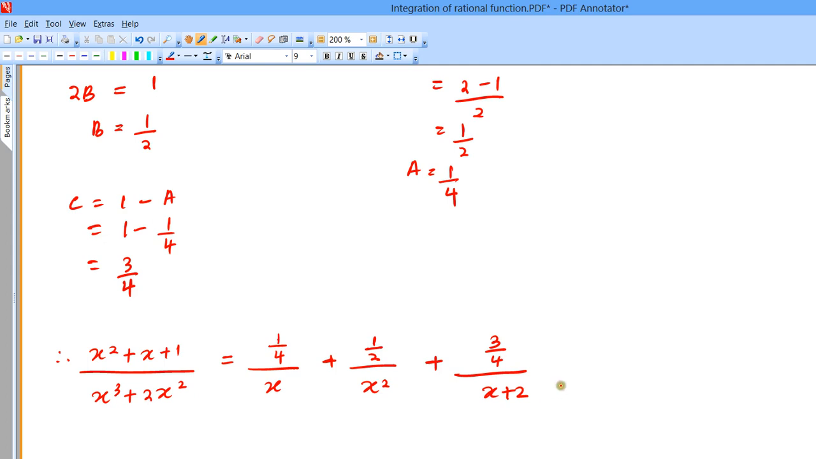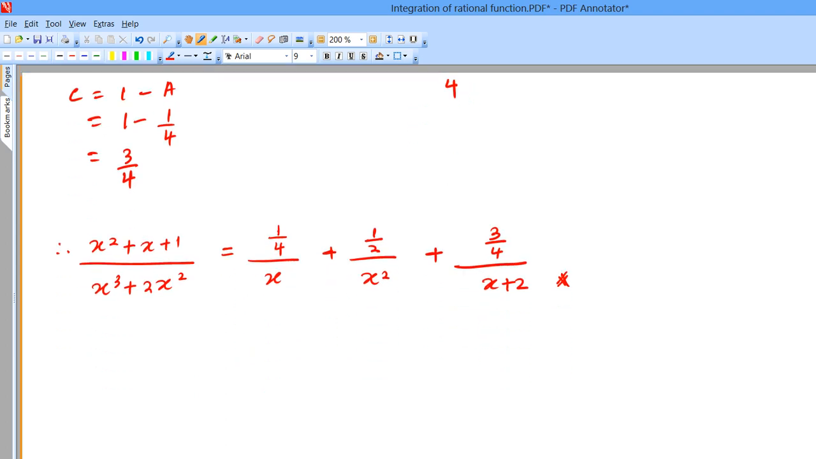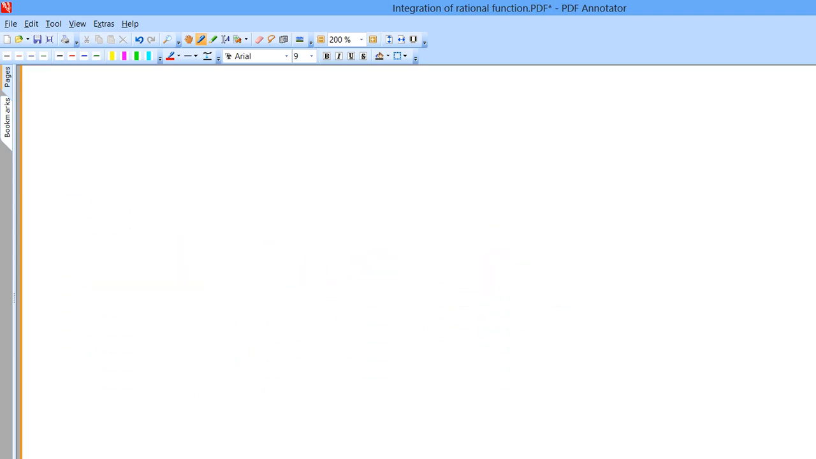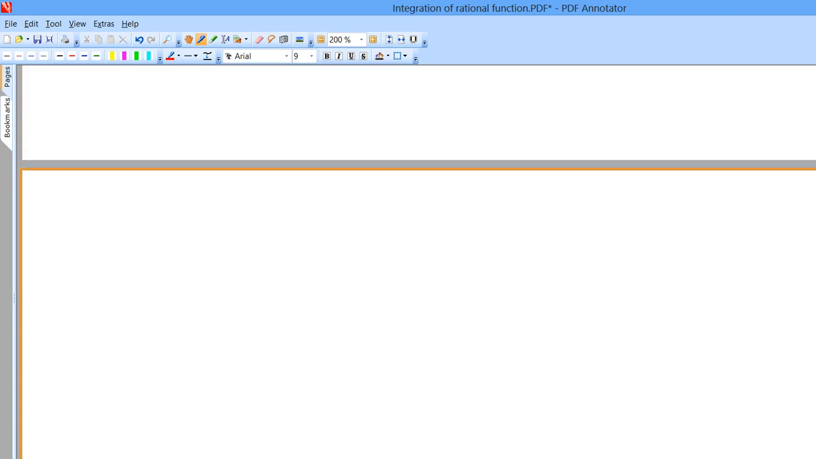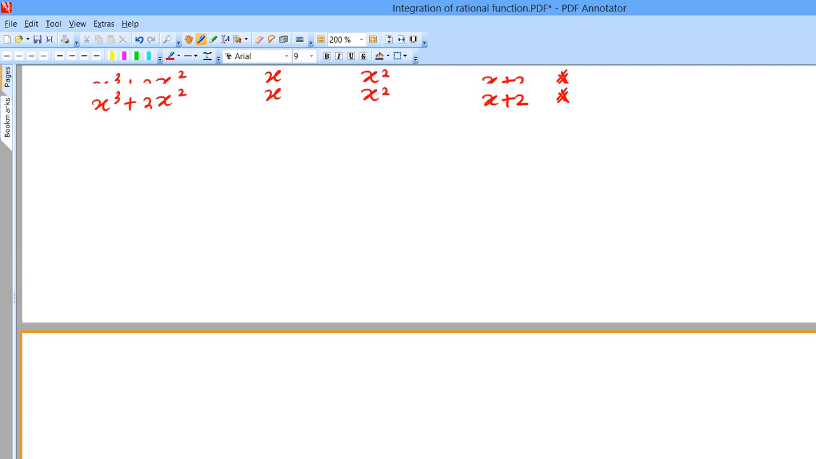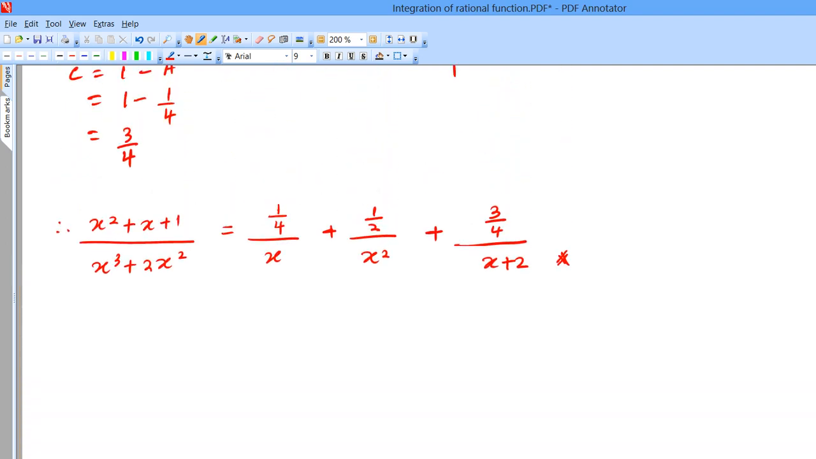So this is the answer for 1 Roman. And for 2 Roman, we want to find the integration of this function. To integrate this function, we use the partial fraction decomposition that we have performed. So, integrate (x square plus x plus 1) over (x cube plus 2x square) dx